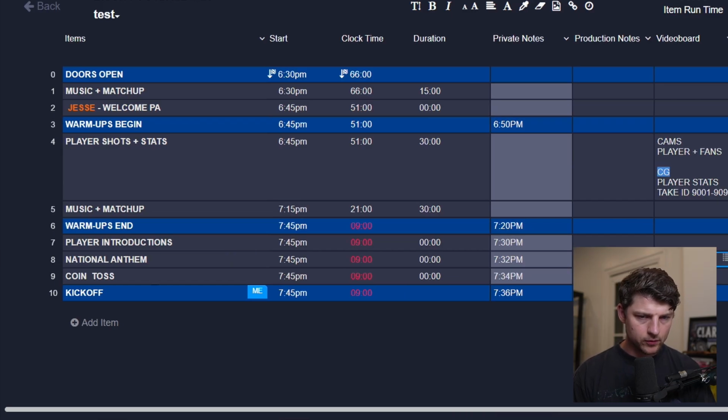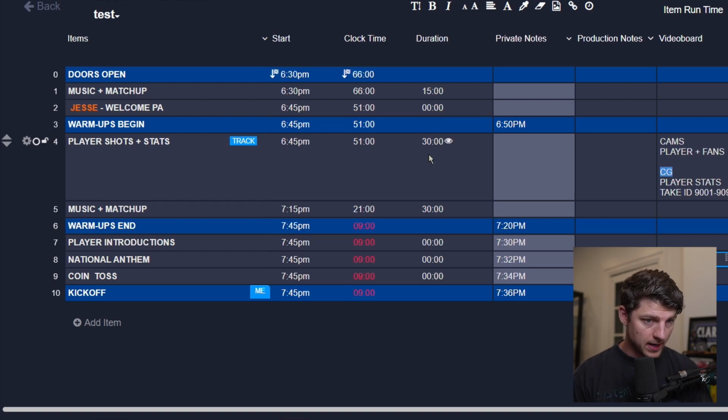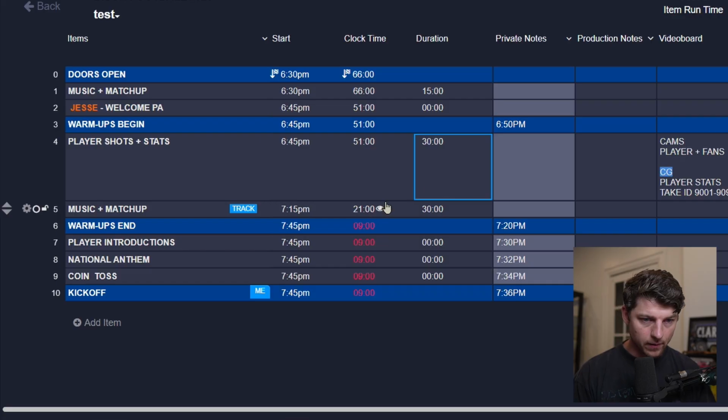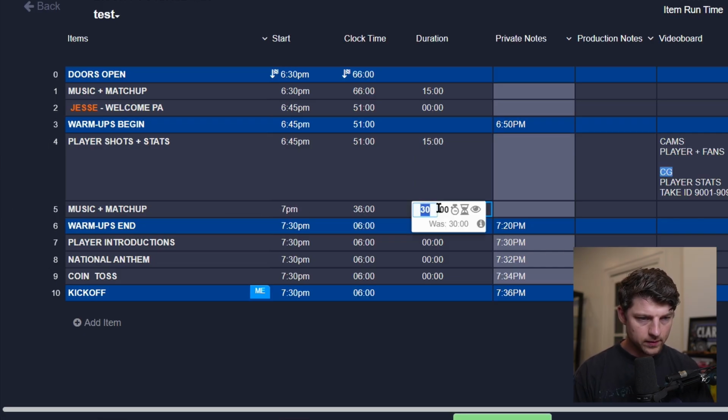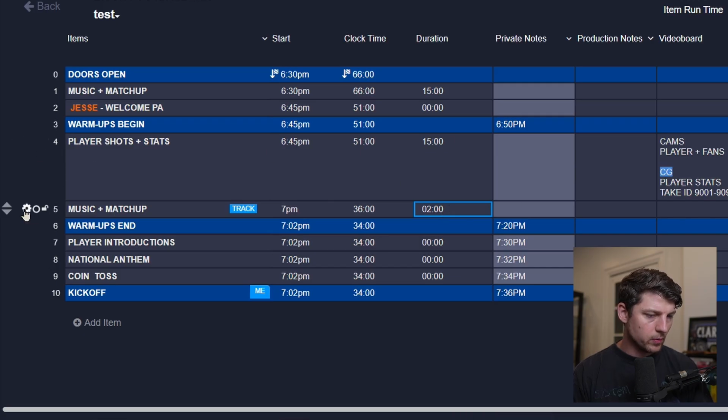But you'll see where I made the mistake here with my timing, because I haven't gone back and actually put the timings in yet. So player shot and stats is 30 minutes, but also music and matchup is 30 minutes. So that's 60 minutes, a full hour, but our warm up is only 30 minutes. So let's do 15 minutes of these, and then we'll do 2 minutes, a little break for our camera guys, and then maybe we will have a